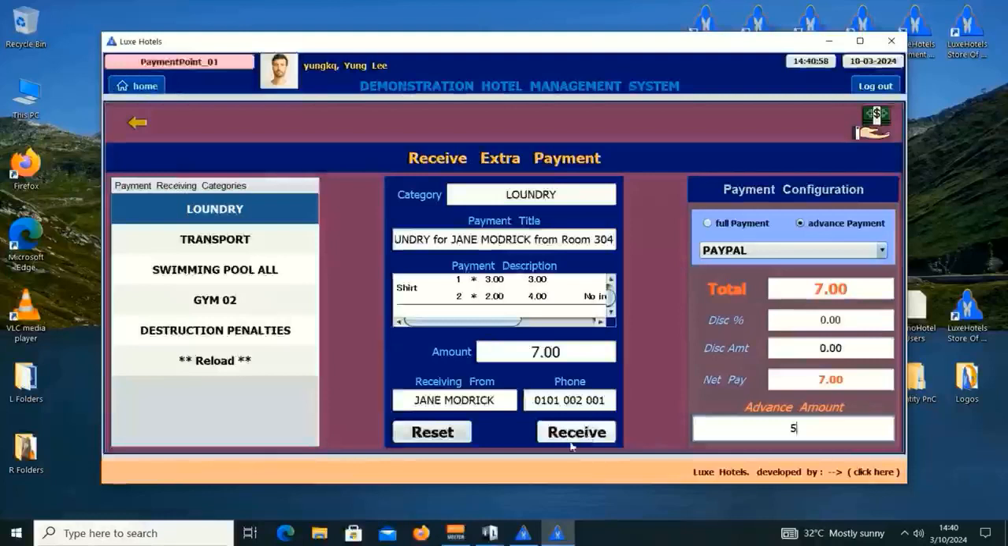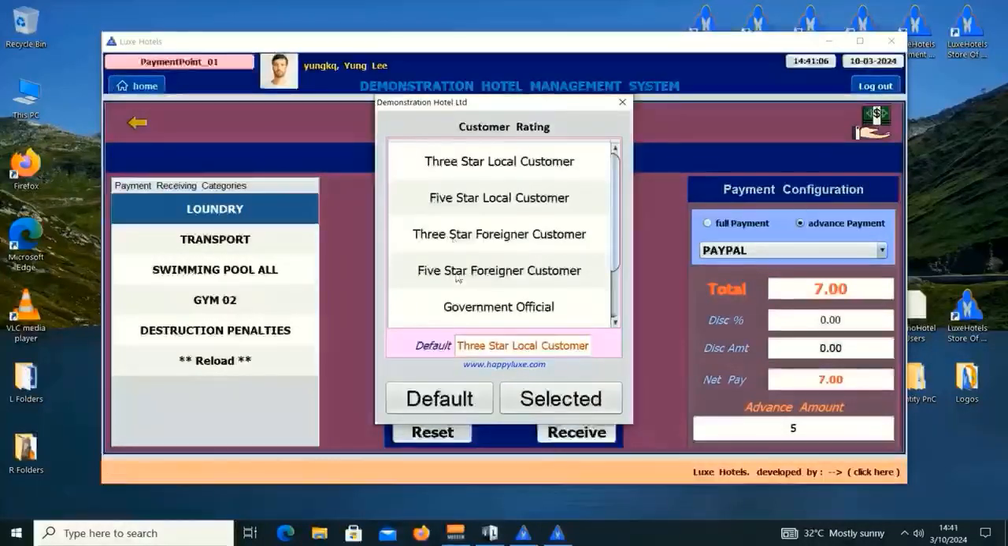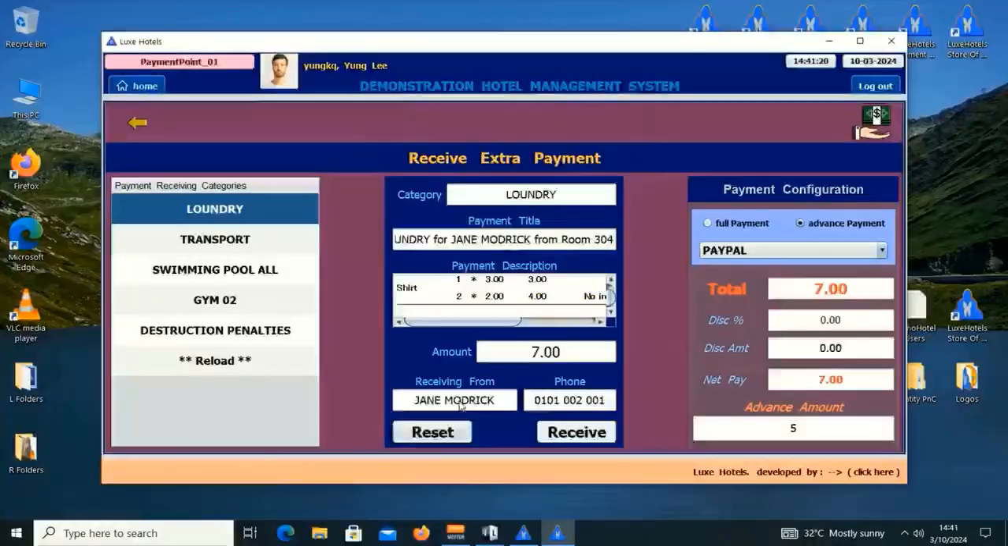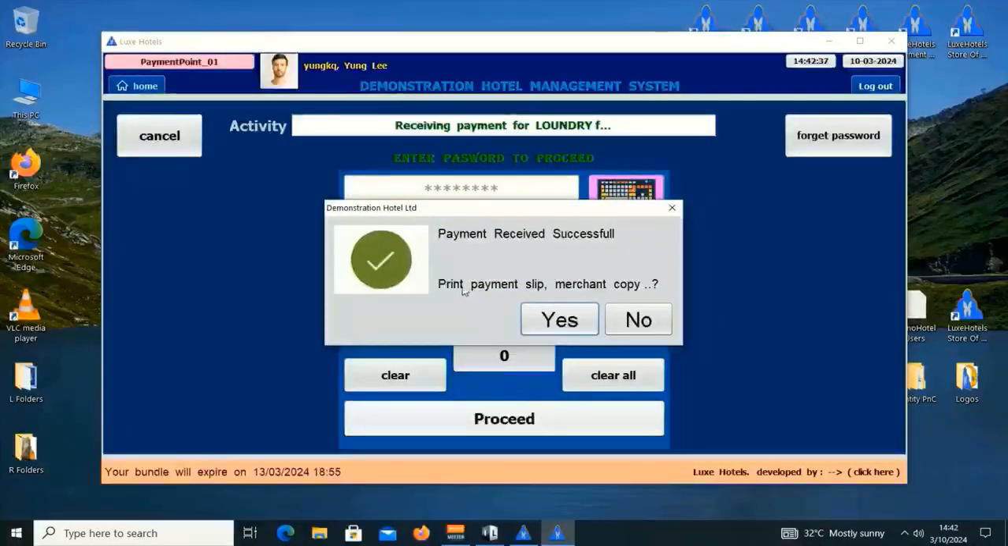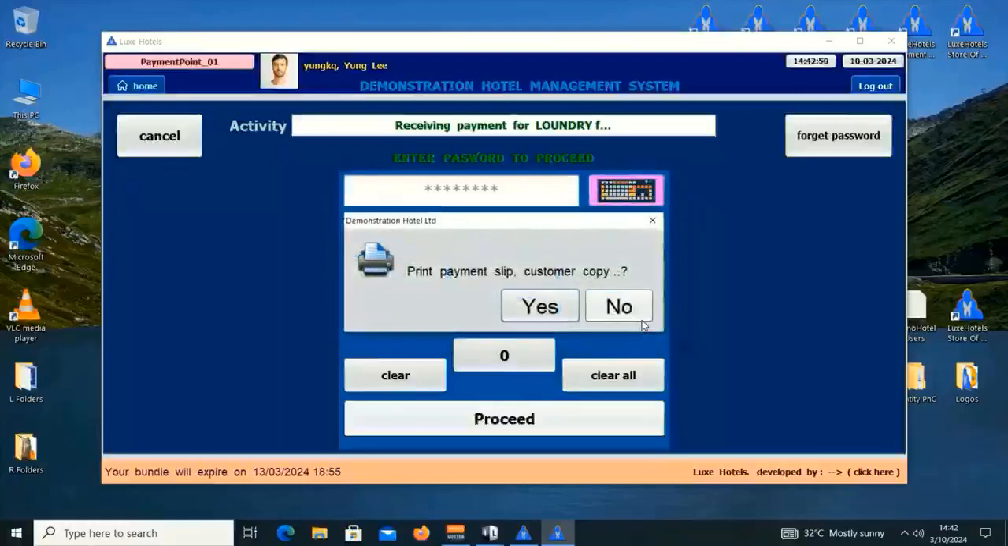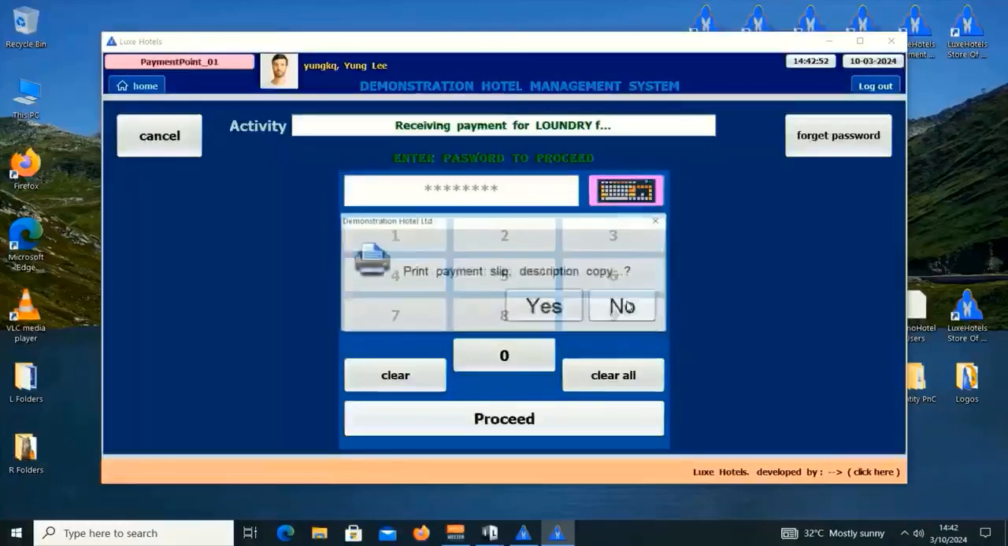So I may press enter, or I may click this. Okay, or I may change the receiving from field or the phone number, but let me click this, and I will use the default customer rating, which is this, and the password is 1177. Bravo. It says payment received successfully, print payment slip and merchant copy, but I don't want to print that for now, so I'll say no, and the customer copy no,